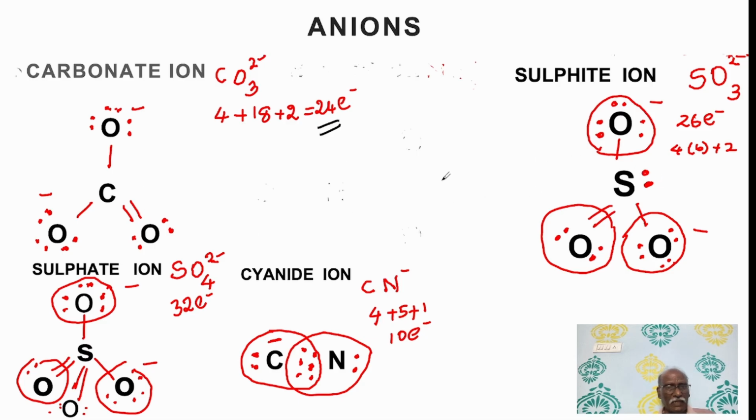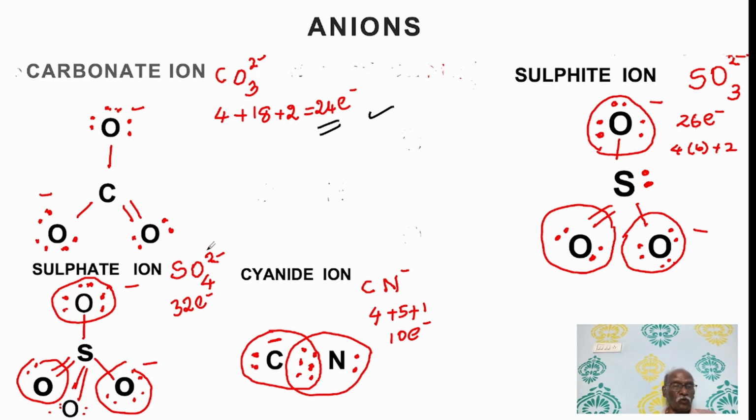Carbonate and sulfide, the difference is only one: exactly the same, but here 24 electrons, here 26 electrons. This extra 2 electrons stands as a lone pair for sulfur. Otherwise, exactly one and the same. Okay, now